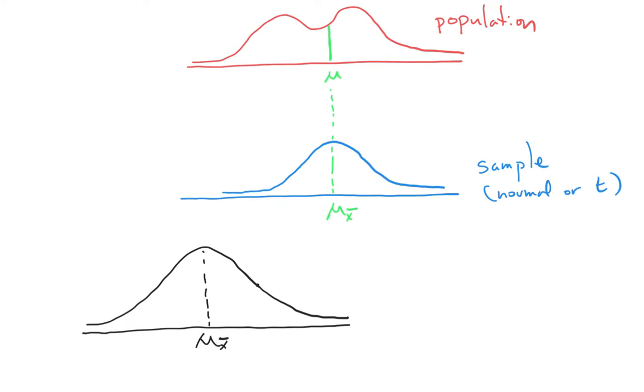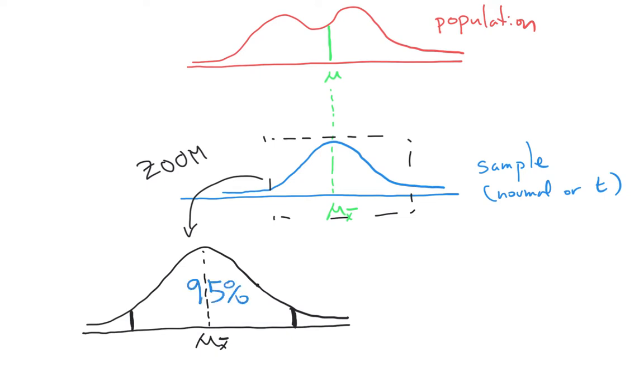Now, remember, so I'm just going to zoom in here. I drew this a little bit bigger down here. So let's say that I'm zooming in here. I'm just going to pick kind of an arbitrary number. I know I can find these values here where the middle 95% of the data lies. So here's the middle 95% of the data. I'll color that in blue.